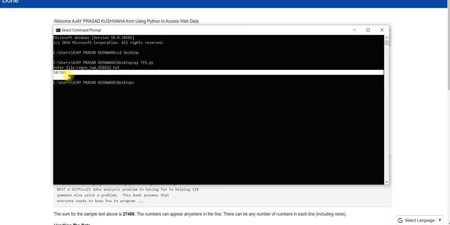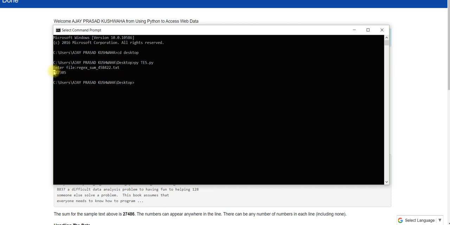So what is my sum here? So you can select like this, go up and edit and copy.